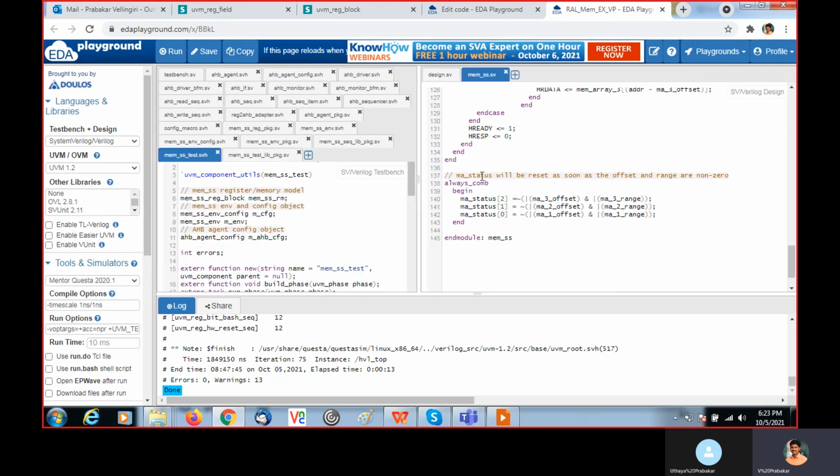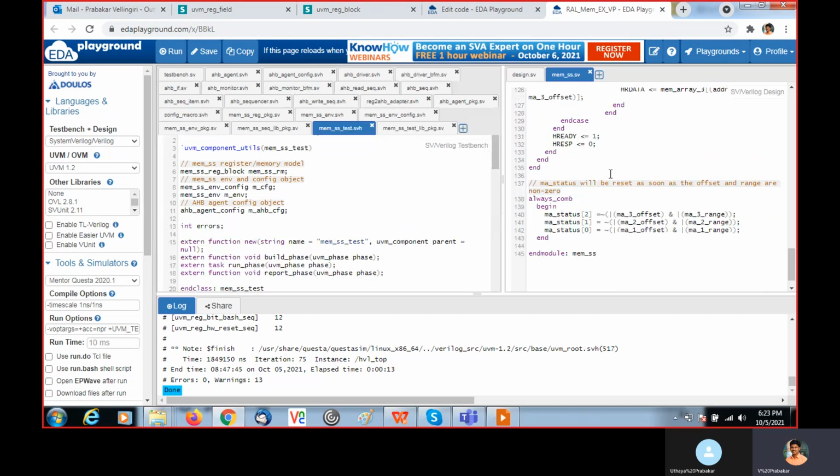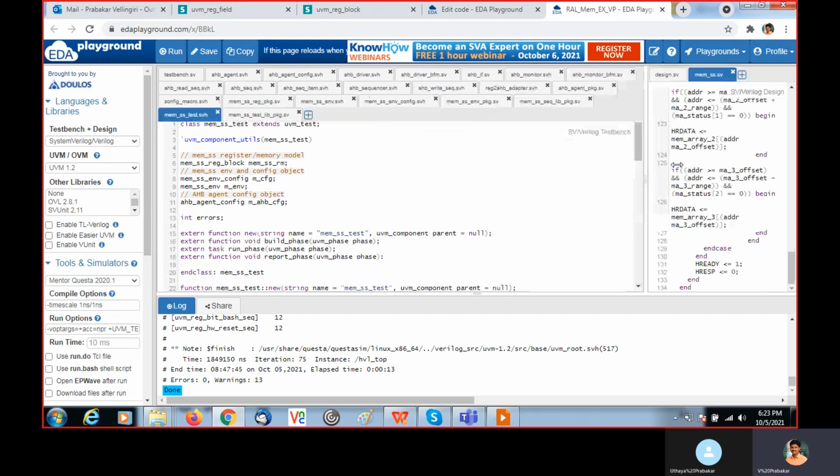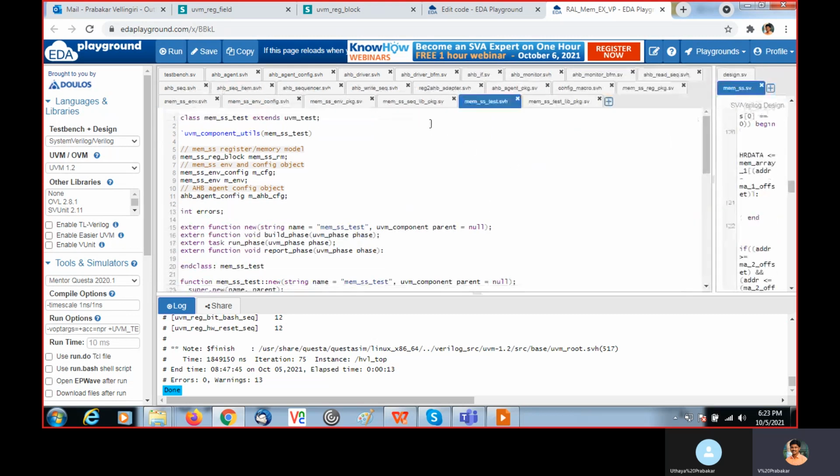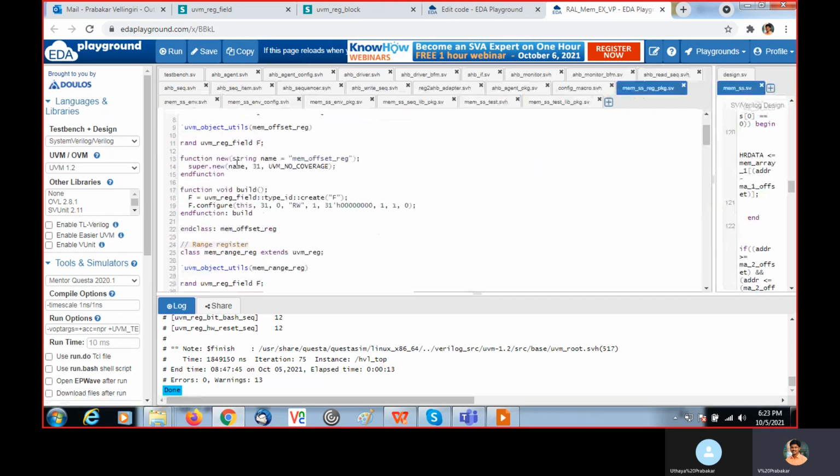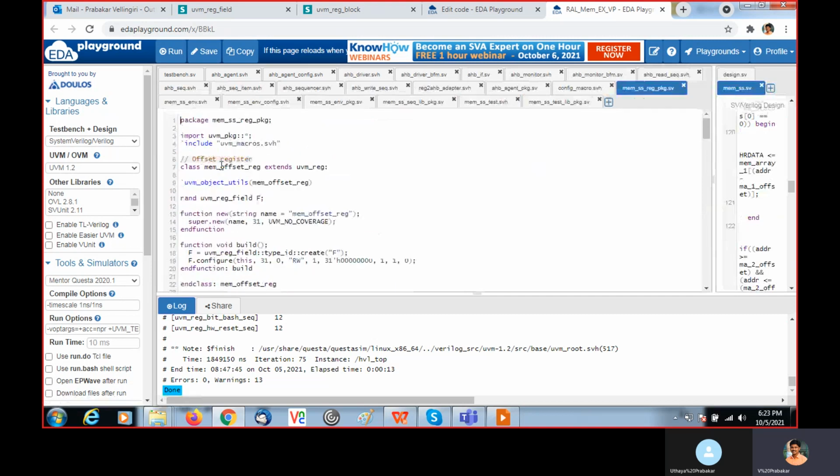So first thing, we need to create the register model. Here, inside a package, I created the register model.